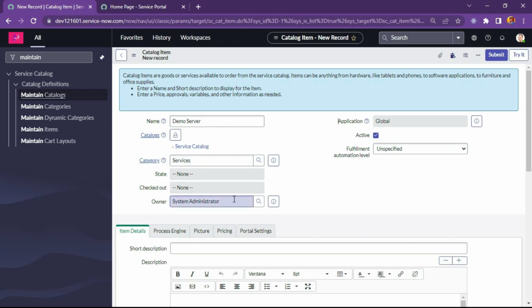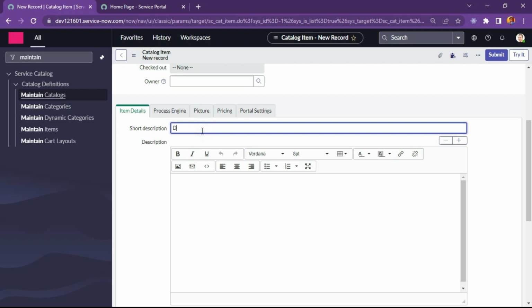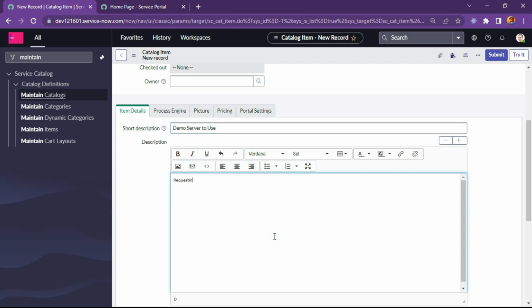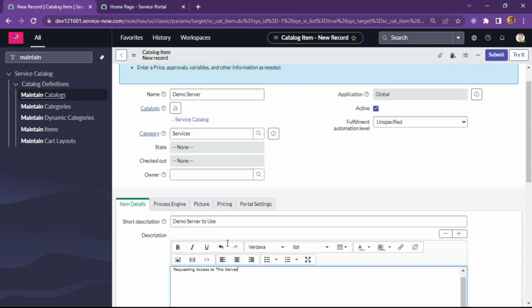Okay, and owner is system administrator. We can select any owner here, so I am just removing it. And for fulfillment automation level, we can select manual, semi automated, or fully automated. And here we can provide a short description, like I will provide the short description: demo server to use requesting access to this server. Okay, so this is our catalog item details which I have added, and we can add meta